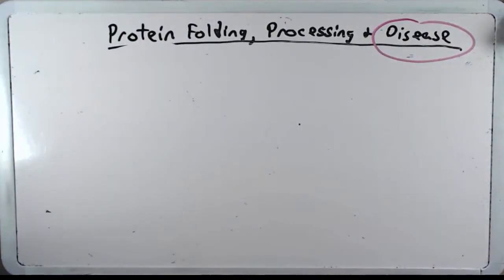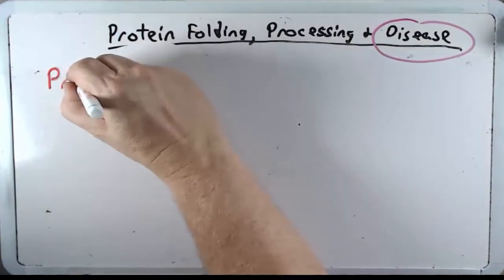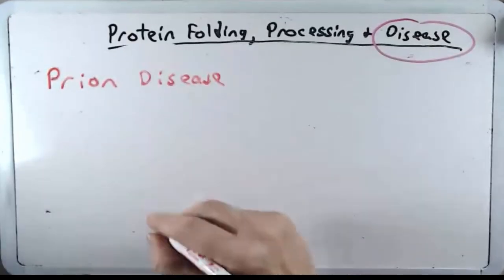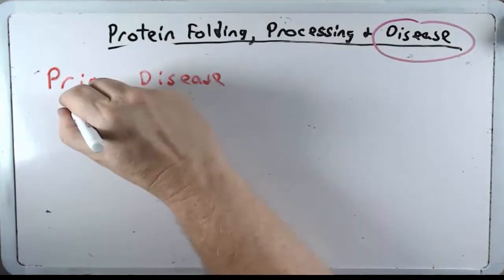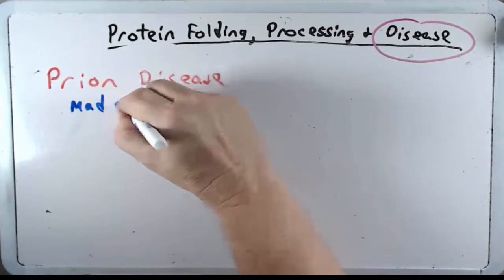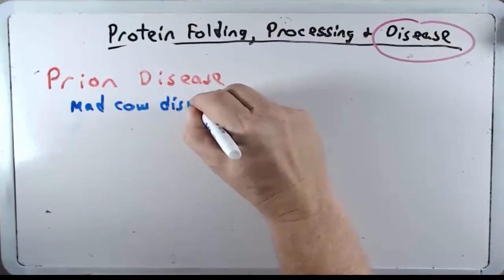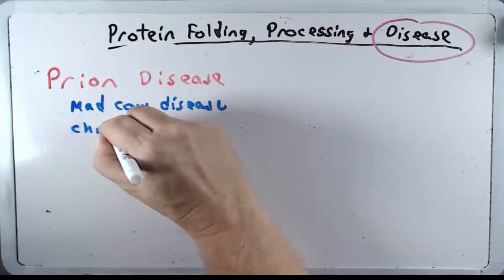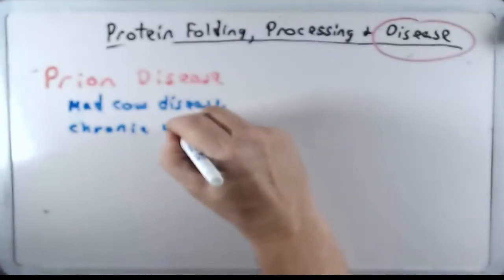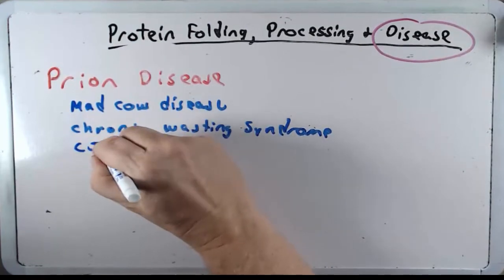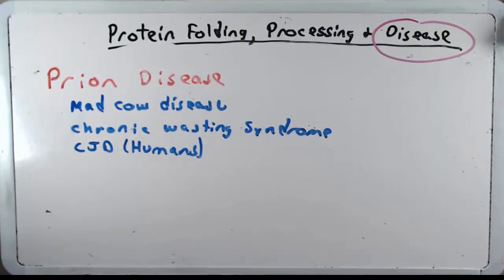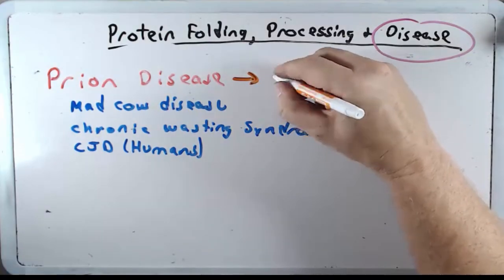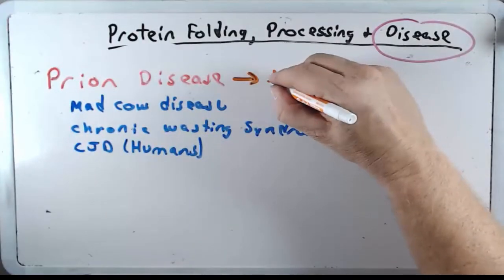I do want to spend the last few moments talking about a prion disease. This has many different forms. Some that you may have heard of would be mad cow disease, chronic wasting syndrome found in deer, CJD disease found in humans. And prion diseases are very interesting. They're characterized as being infectious